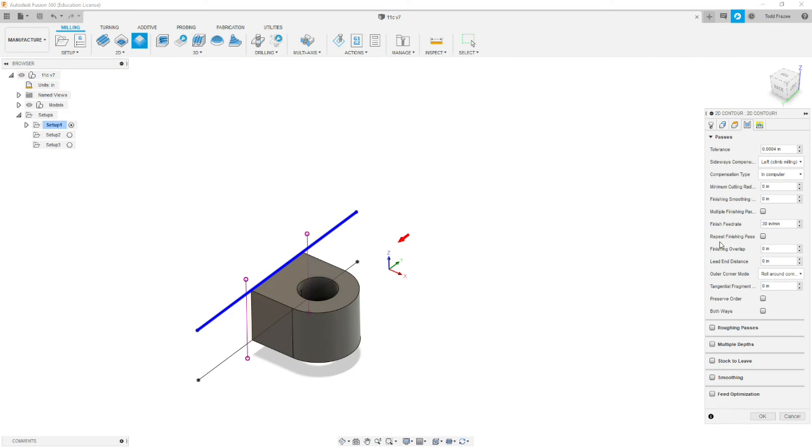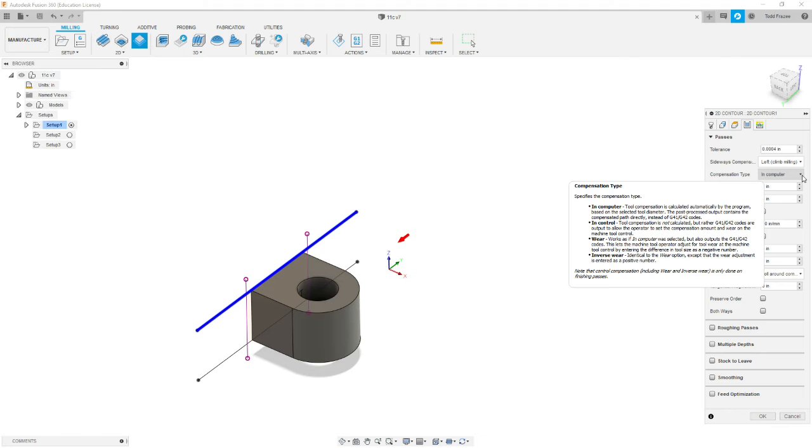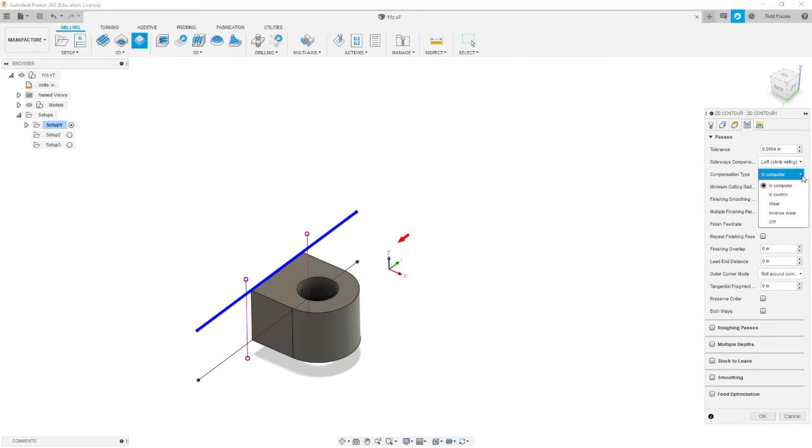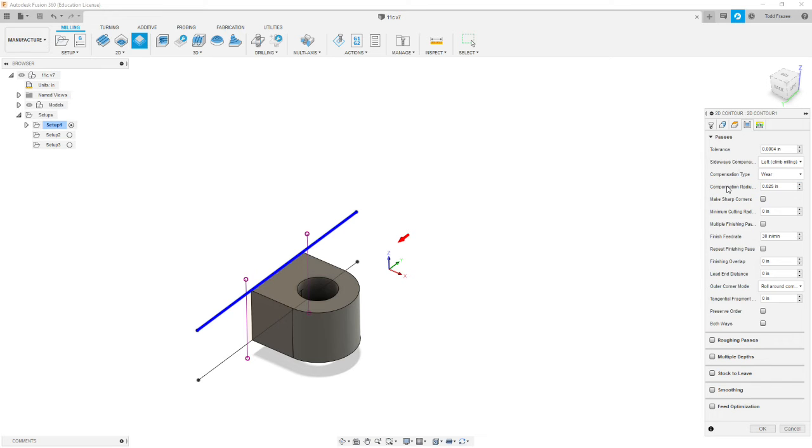Okay, we're going to move on to the passes tab, and we're going to set a whole bunch of parameters here. So we always want to climb cut with end mills. There are exceptions with slitting saws, but pretty much you want to climb cut anytime you can on a CNC machine. Okay, so we're going to change our compensation to wear,